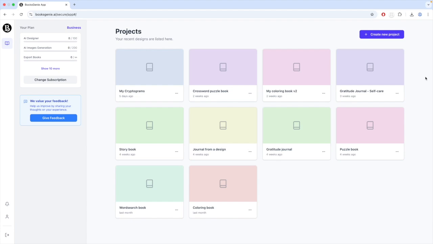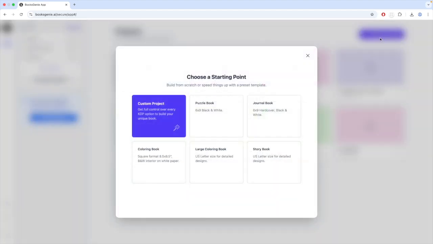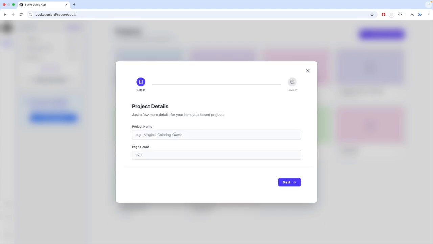First thing we need to do is create a project. So I'm just going to go here and create a new project by clicking on this button. The pop-up shows up, and then you can either create a project using custom configurations by choosing custom project, or you can actually choose one of the pre-configured book configurations. In this case, I'm just going to use the 6 by 9 inches puzzle book configuration,